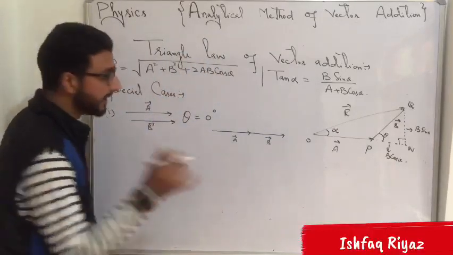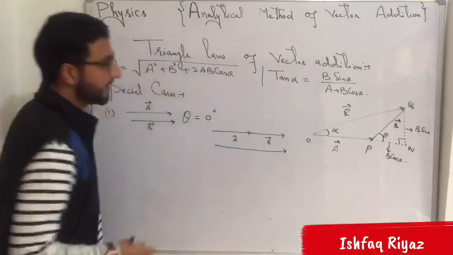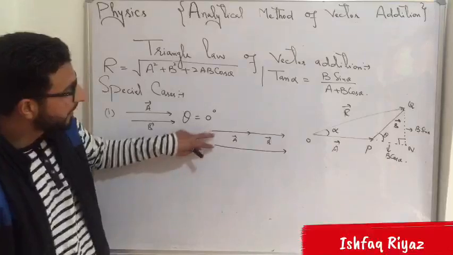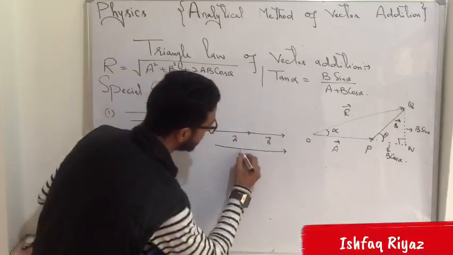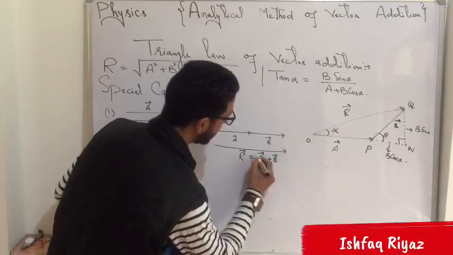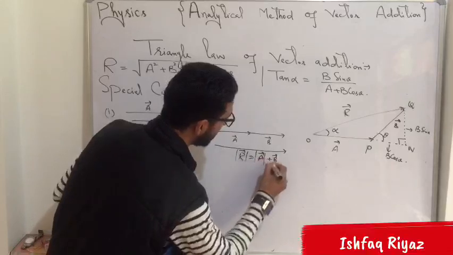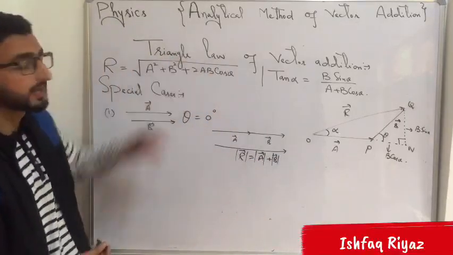So if this is vector A, this is vector B, as per the geometrical method we add them like this. Suppose this is vector A, this is vector B, acting along the same direction, right? Head to tail method. Then the resultant is represented in magnitude and direction by a single vector drawn from the tail of first vector to the head of the last vector. So this will be the resultant vector R, that will be equal to vector A plus vector B, and its magnitude will be equal to magnitude of A plus magnitude of B. How? We can also prove it by mathematical analysis.